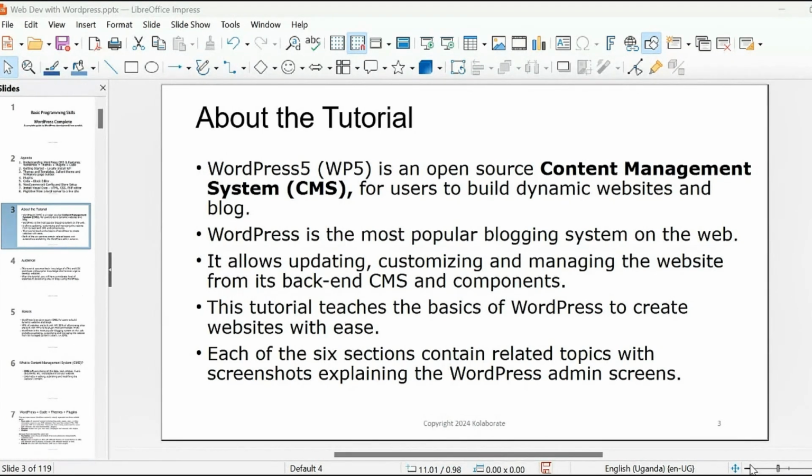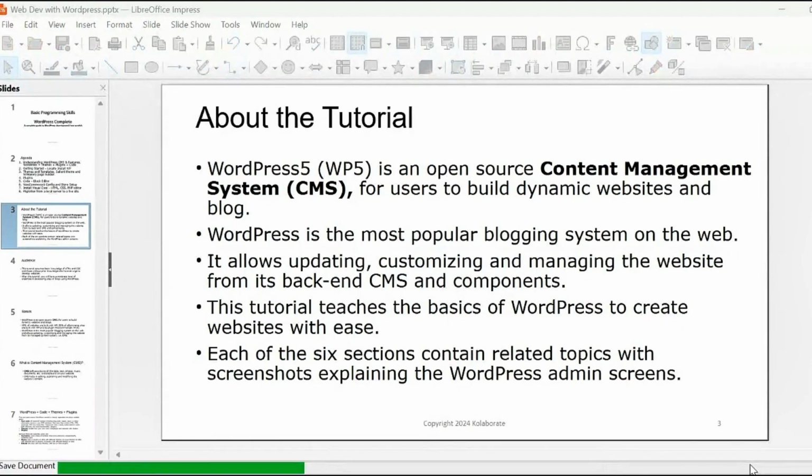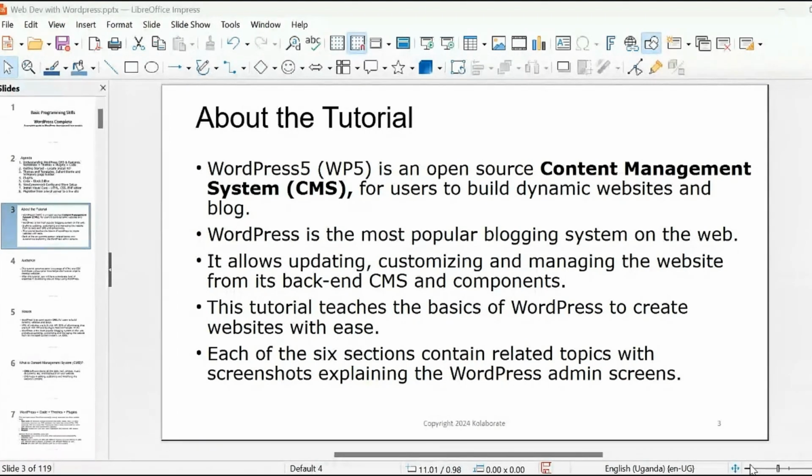HTML is the structure of that building. HTML is a language that structures the website. CSS is the language that makes the building look pretty. That is the painting, the padding of the walls, and the sizes. That is styling. You're just adding beauty to the building. CSS, cascading style sheets, is a styling language, and it adds beauty to the website. That is font sizes, font colors, background colors. That's what it does.